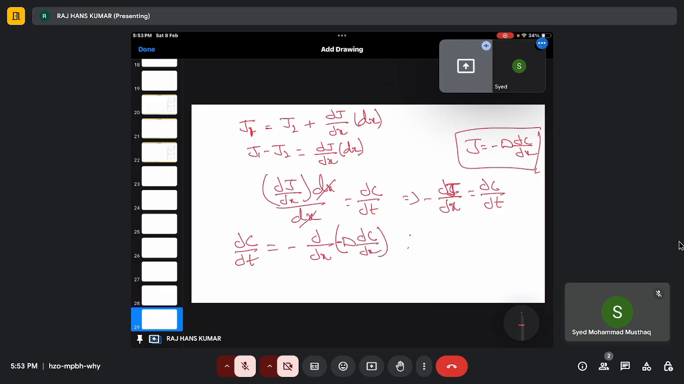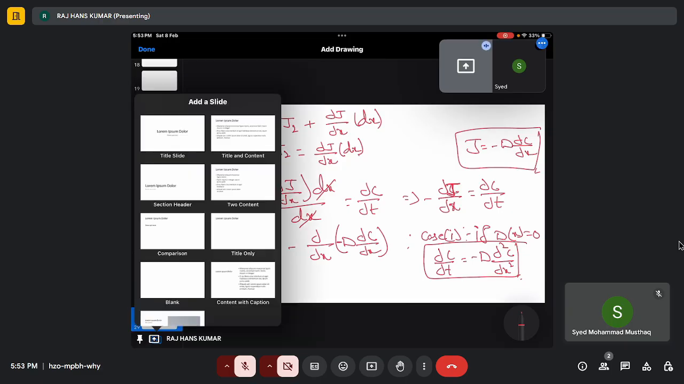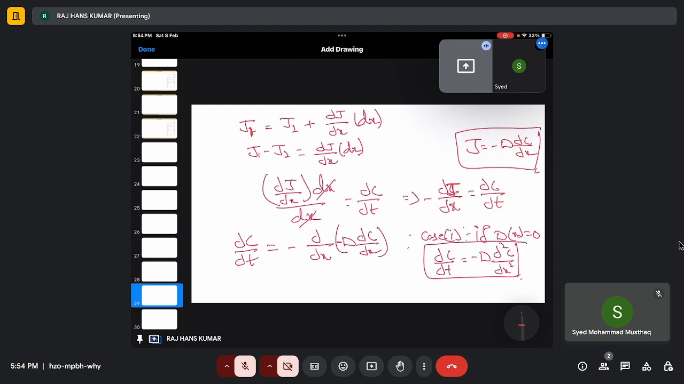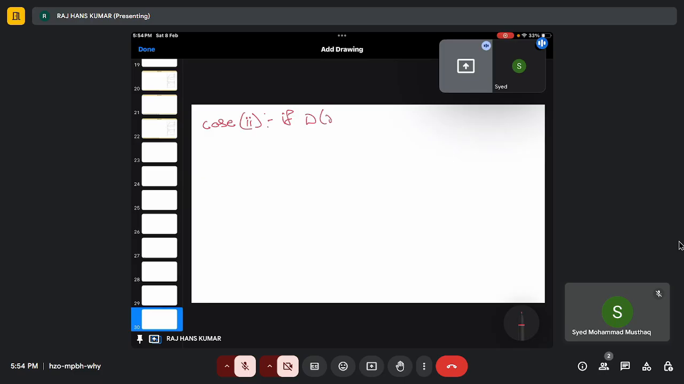Now, there are two cases here. Case 1, if D is not a function of x, then D will come out, it's a constant, then dou c by dou t will be a much simpler equation: D dou square c by dou x square. Now case 2, if D is a function of x,